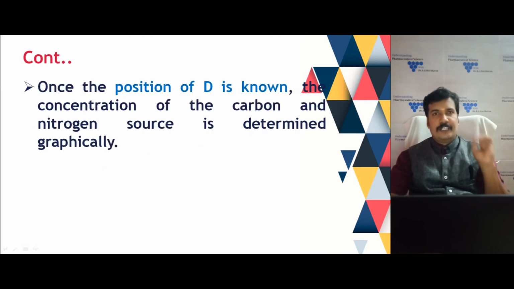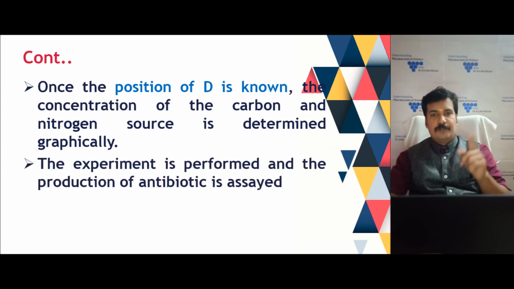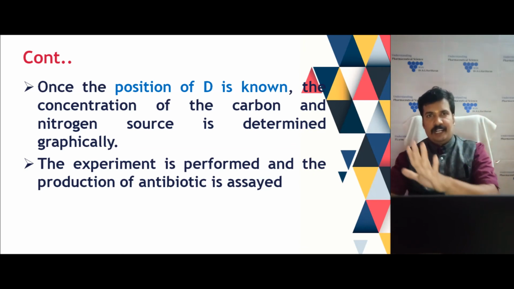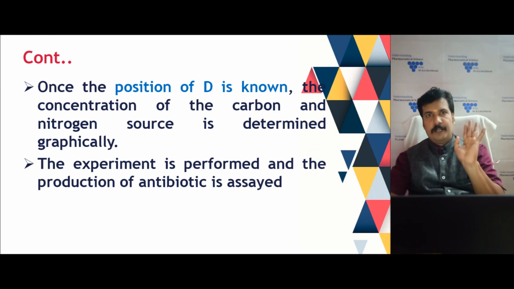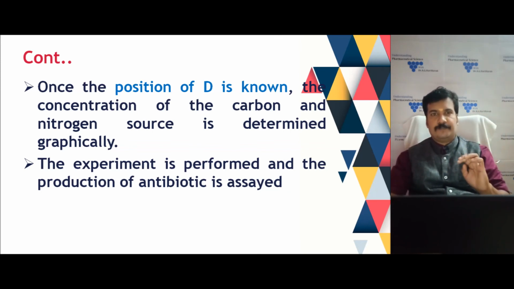For this new experimental condition, we will run the experiment with a new carbon and nitrogen source. Then we will assess the readings. Out of B, C and D, which is the worst one? Based on the worst, we will create the next reflection. So we got results at this point D. We will analyze the antibiotic yield readings of points B and C, which are already there, and get a new antibiotic reading for D. Then we find the worst. Then the next simplex is constructed, right?